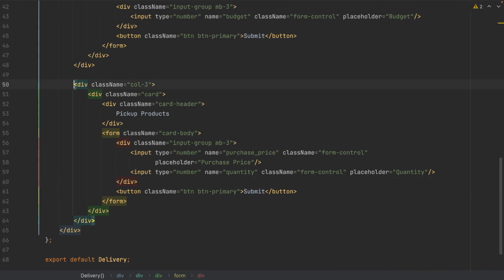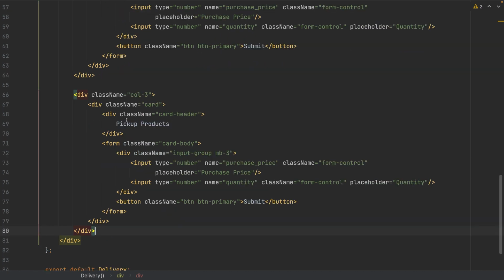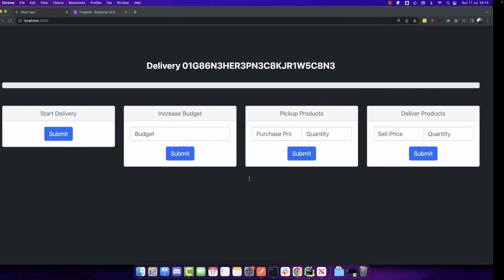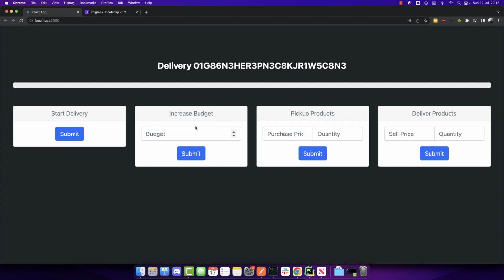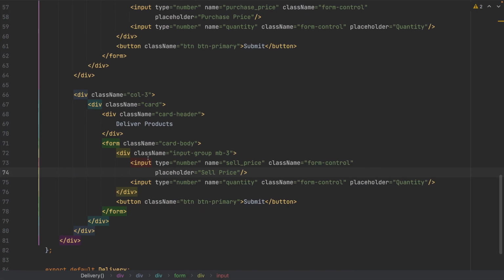And I'll copy this again to add the last event, which is deliver products. The only difference here is this is sell price, and this is sell price. And that's it. So these are the four events that we will work with, and they will all submit to